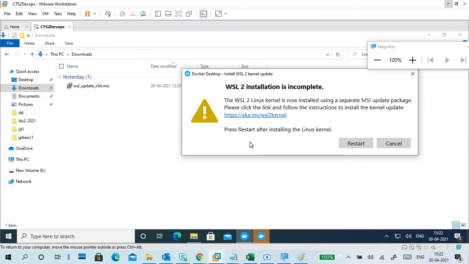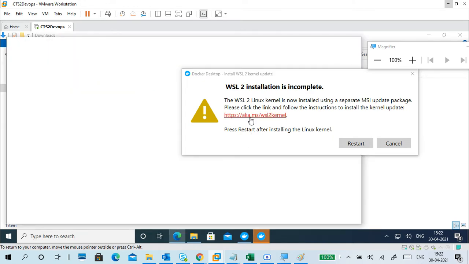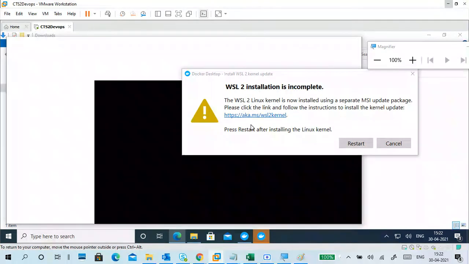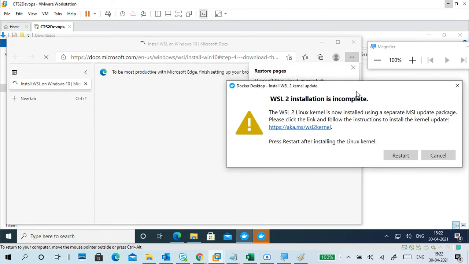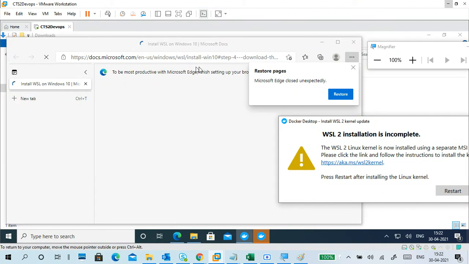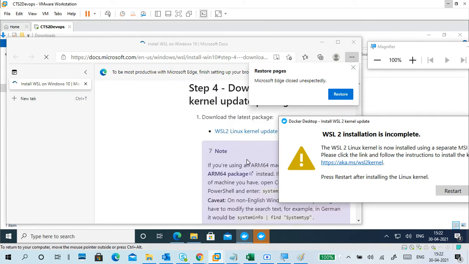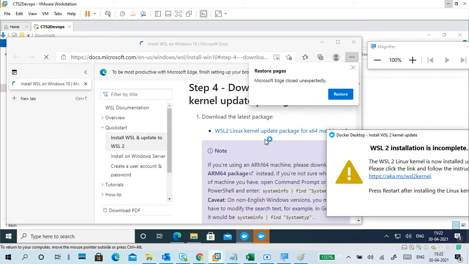Which browser you want to install, like it will pop up. Or it is directly coming. Yes, it is connected directly. It is already downloaded in my machine, but it is showing here that you have to download from here.